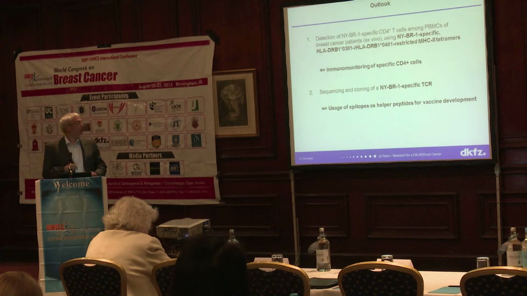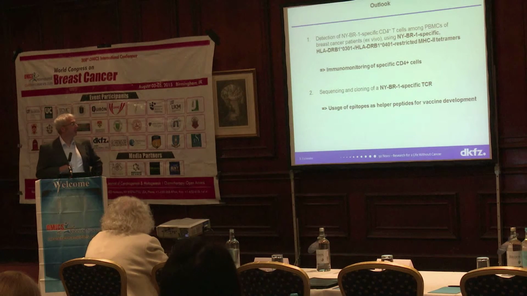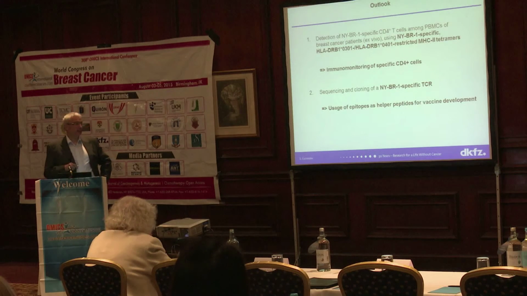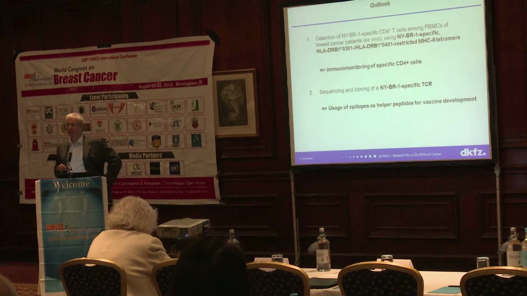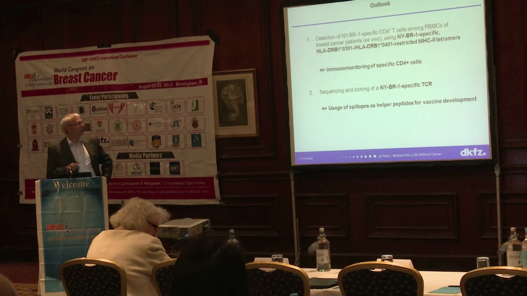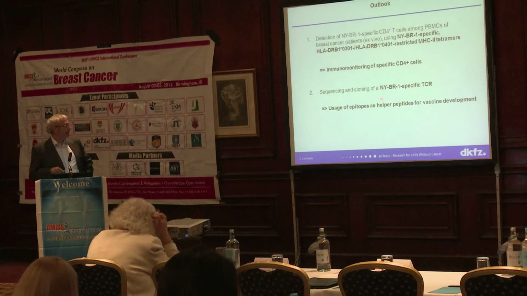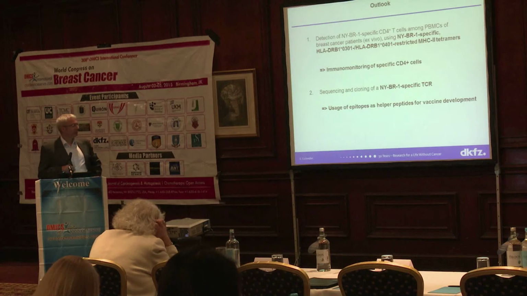What can we do with all of this? Presently we are working with MHC class 2 tetramers, which have been provided by the NIH on all of these 4 epitopes. And of course here the aim would be to have a closer look at the CD4 specific T cells from patients in terms of different parameters, or to use these tetramers for immunomonitoring, which is also an important issue. And we have sequenced already the TCR of the mouse cell lines, but not of human cell lines.